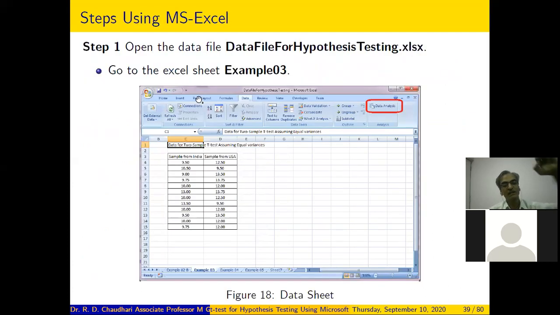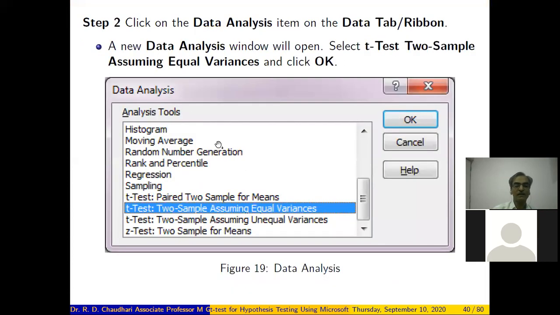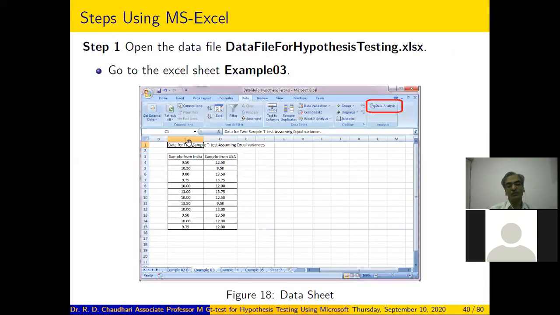Again, to perform this two sample t-test with equal variances, open the data file hypothesis testing.xlsx, go to the third sheet, example 03, and you can see the data, right? Once that sheet is open, click on the Data tab and then click on the Data Analysis button.